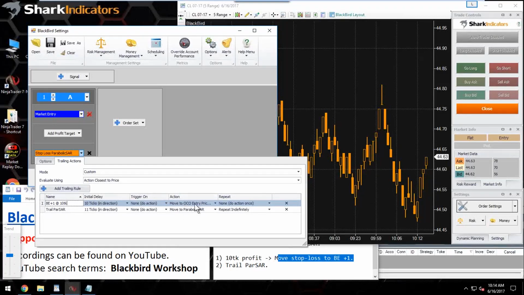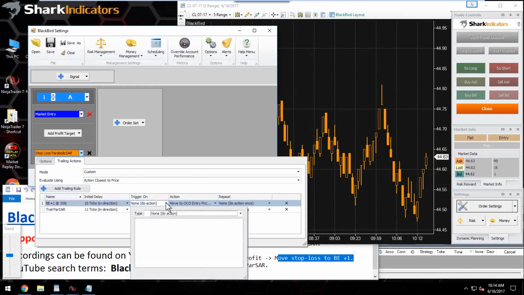Keep in mind the action is what's doing all the trailing. The action is what's moving your stop loss. So if you don't want the action to occur, that's what the trigger and the delay are for. Depending on exactly how the behavior of your stop loss is, it determines whether you just need a simple delay, or you need a more complicated triggering component here,